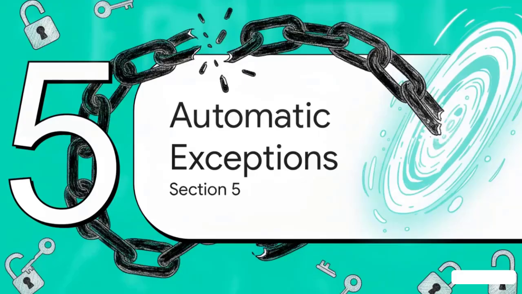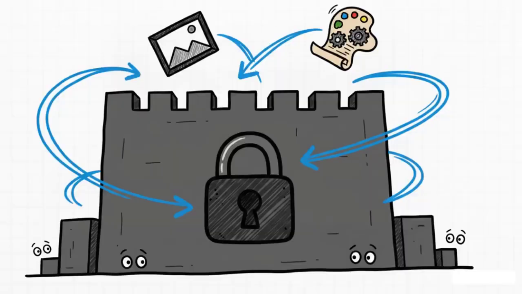And now for the ultimate plot twist in web architecture. Section 5, the automatic exceptions. After establishing all of these intense, unbreakable rules for data security, it turns out the same origin policy has massive automatic exceptions built right in. While a script can't magically read raw data from another origin, your browser will happily load resources from absolutely anywhere